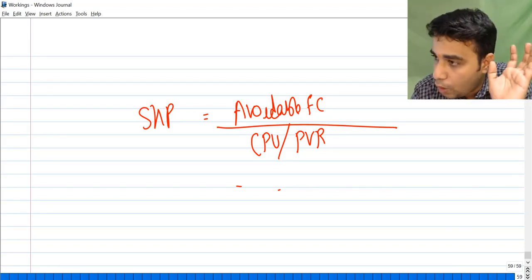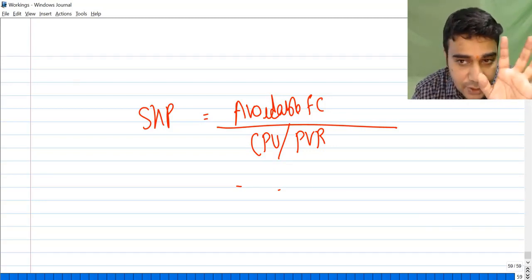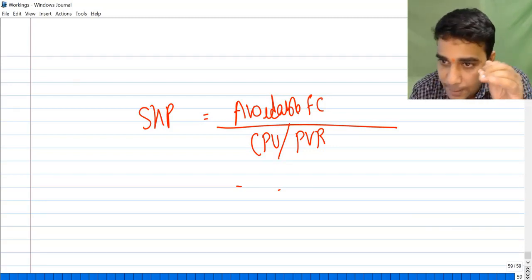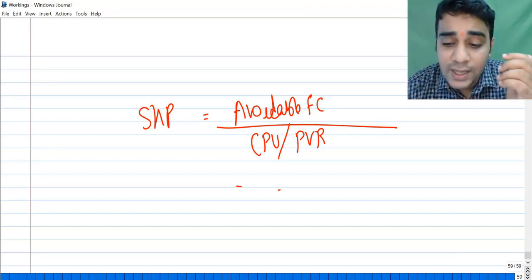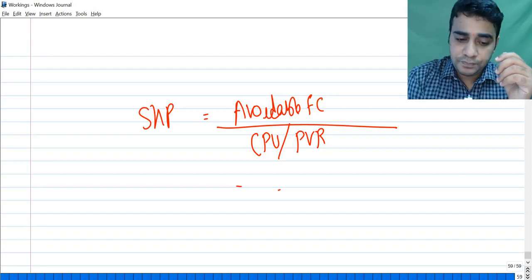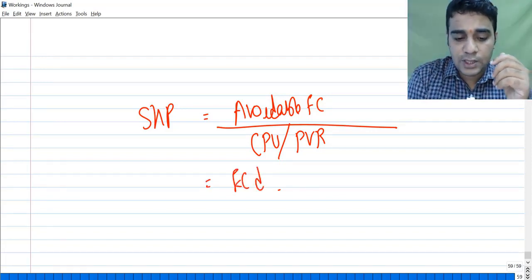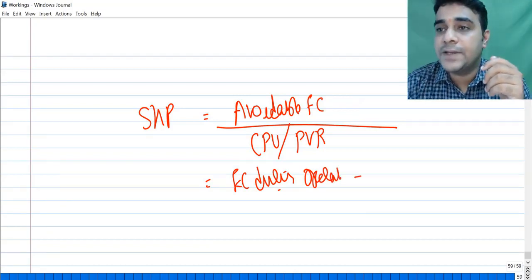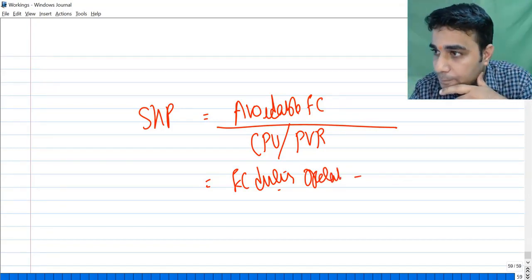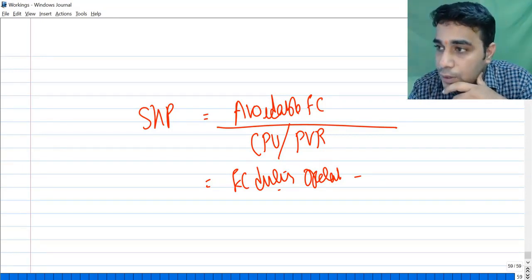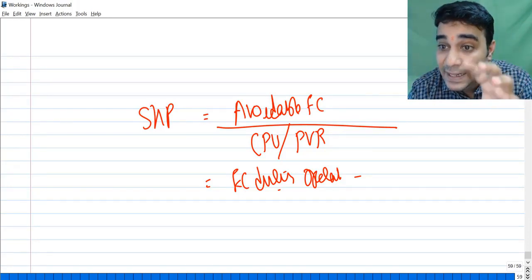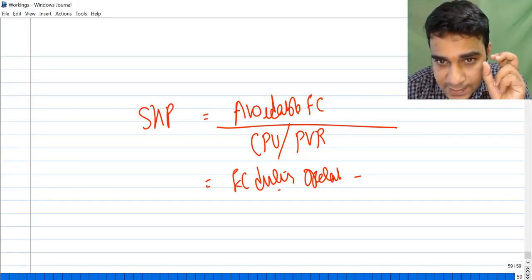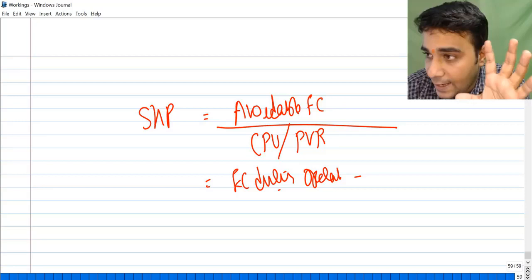Else please shut down the operation. Most of the times companies may not shut it down. Ignore the COVID kind of a scenario, but a lot of times if demand even comes down, many companies continue operating. So what is avoidable fixed cost? It is fixed cost during operation. When you run the company, you incur a fixed cost of 20 lakh. But if you shut it down, your fixed cost will only be 5 lakh. 20 minus 5 is avoidable. Not the 5 lakh is avoidable.